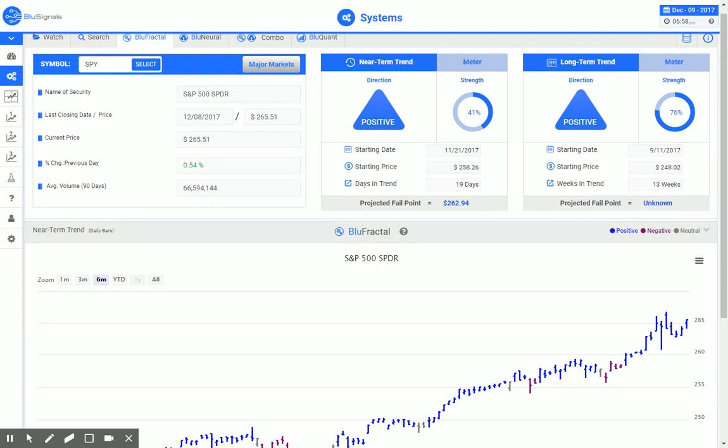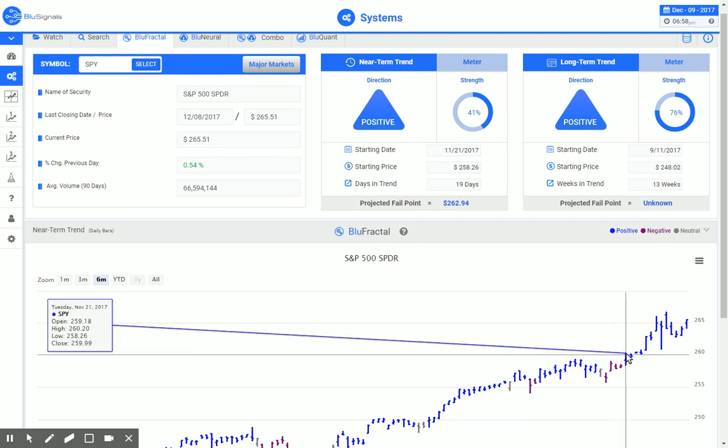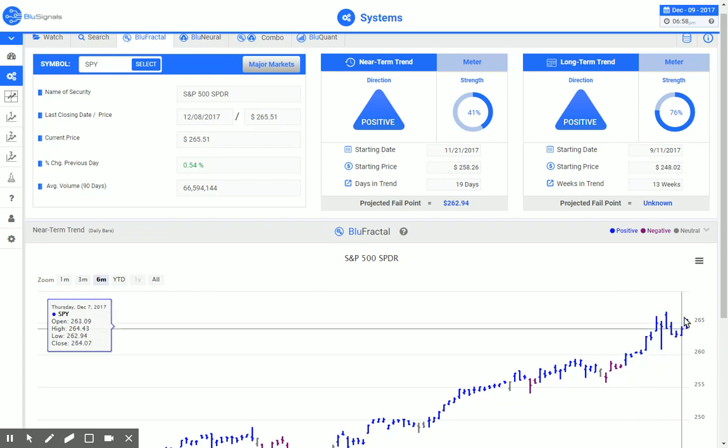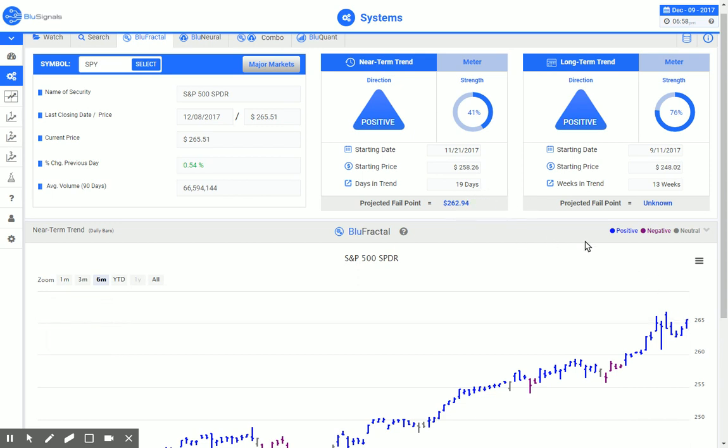Fail points scored as unknown are for either two reasons. First, the trend is too new and there aren't enough points of data to accurately project the fail point, or the trend is demonstrating enough strength to be far enough away from any potential fail point that the fail point